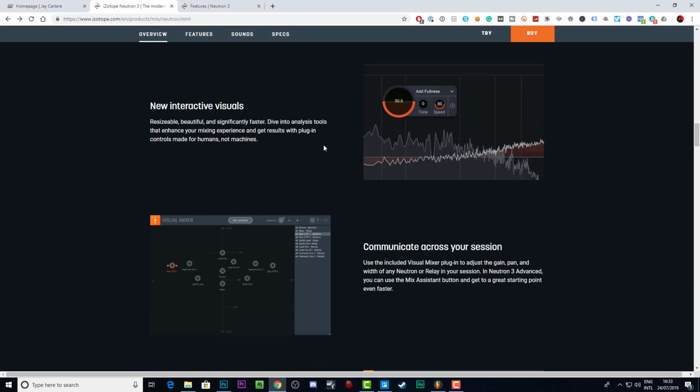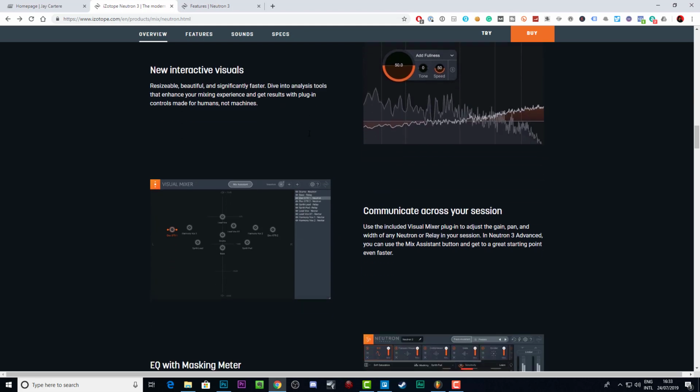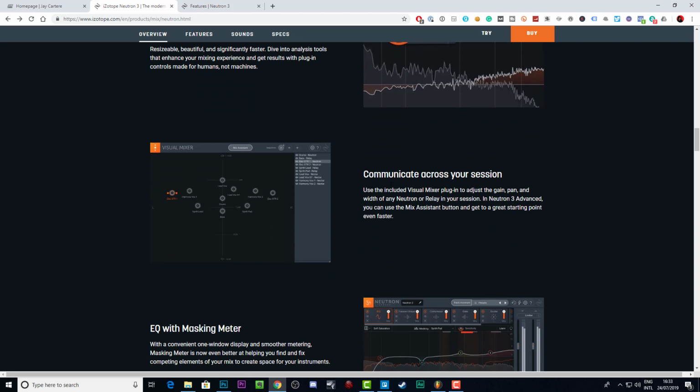New interactive visuals. The visuals are nice. I'm not gonna lie, I do like the visuals. Use the included visual mixer plugin to adjust the gain, pan and width of any Neutron or relay in your session. Yeah, you can also affect the actual Neutron things, which I haven't done, but I've affected like the